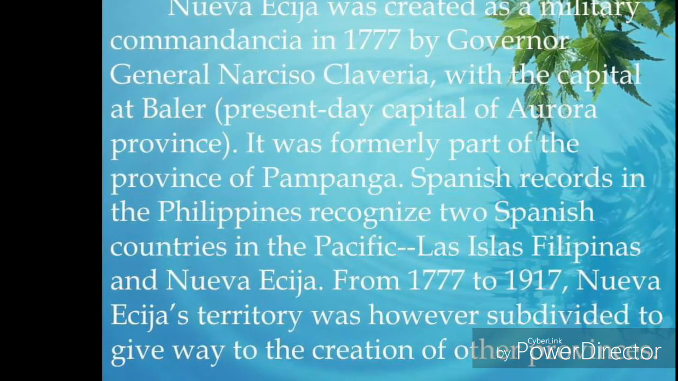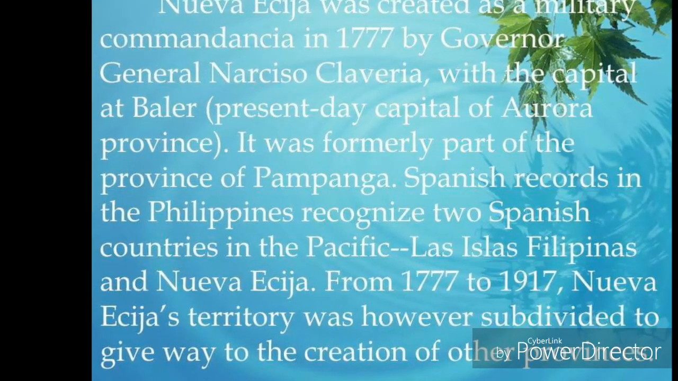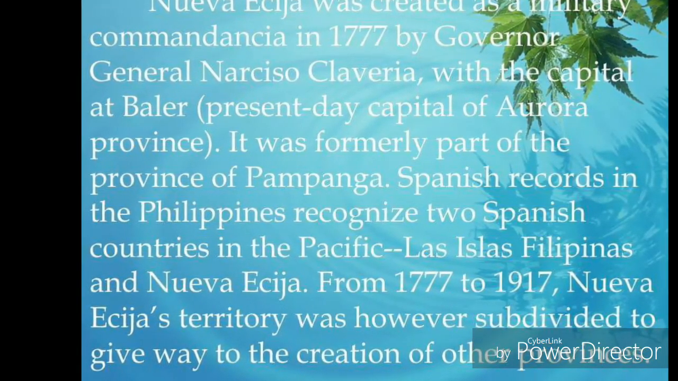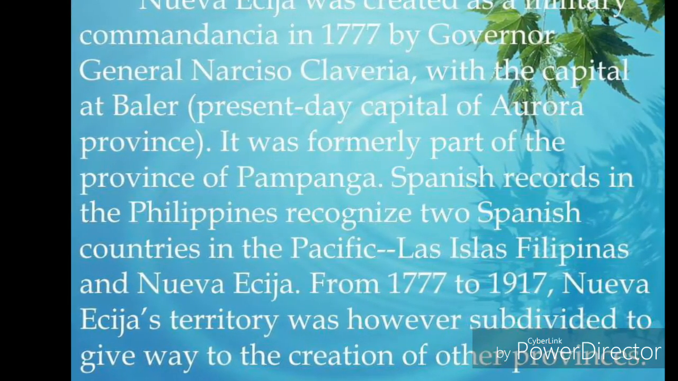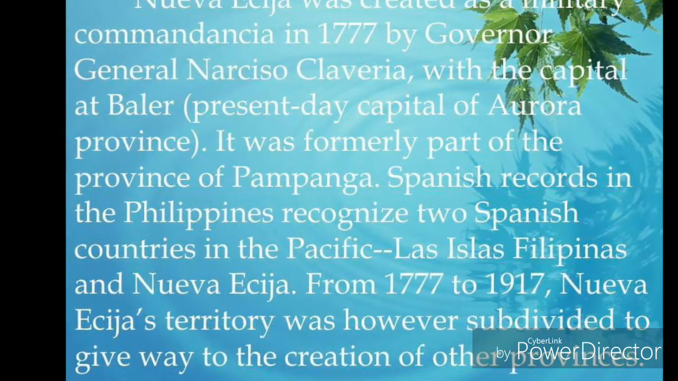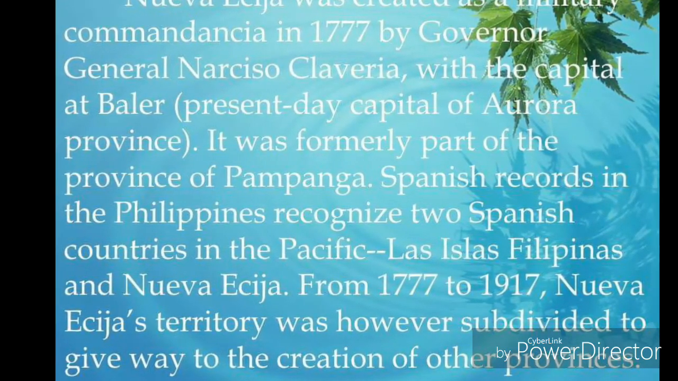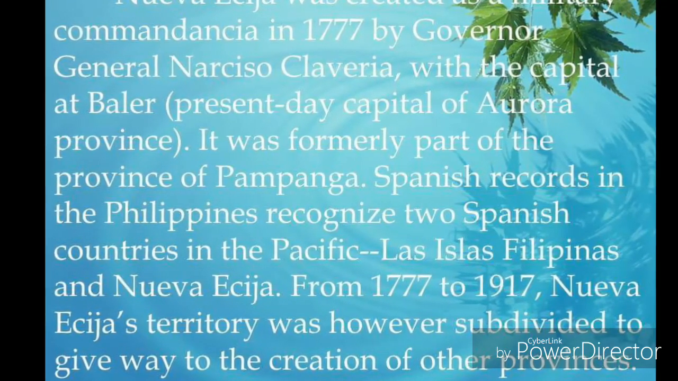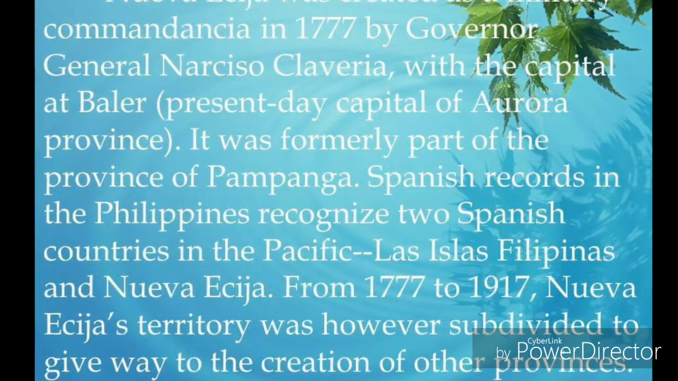Nueva Ecija was created as a military commandancia in 1777 by Gobernador General Narciso Claveria, with the capital at Baler, present-day capital of Aurora Province. It was formerly part of the province of Pampanga. Spanish records in the Philippines recognize two Spanish countries in the Pacific, Las Islas Filipinas, former name of Philippines, and